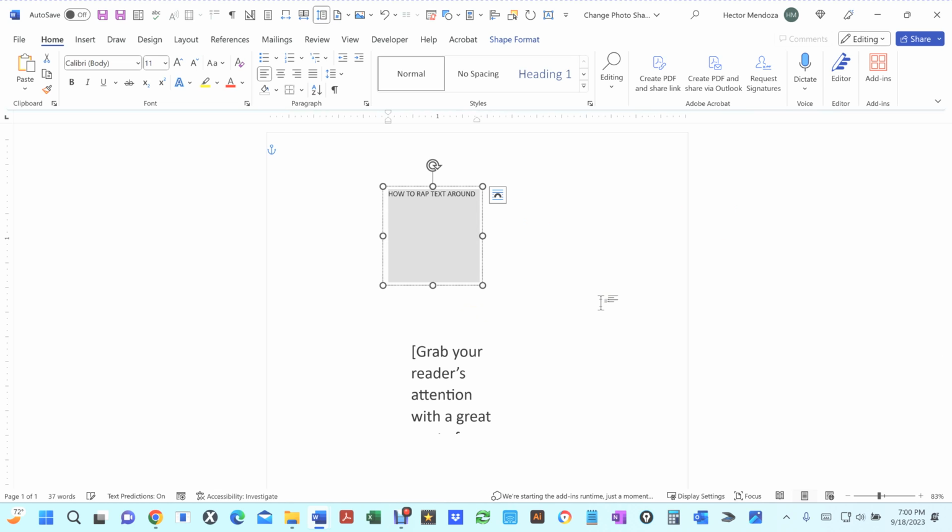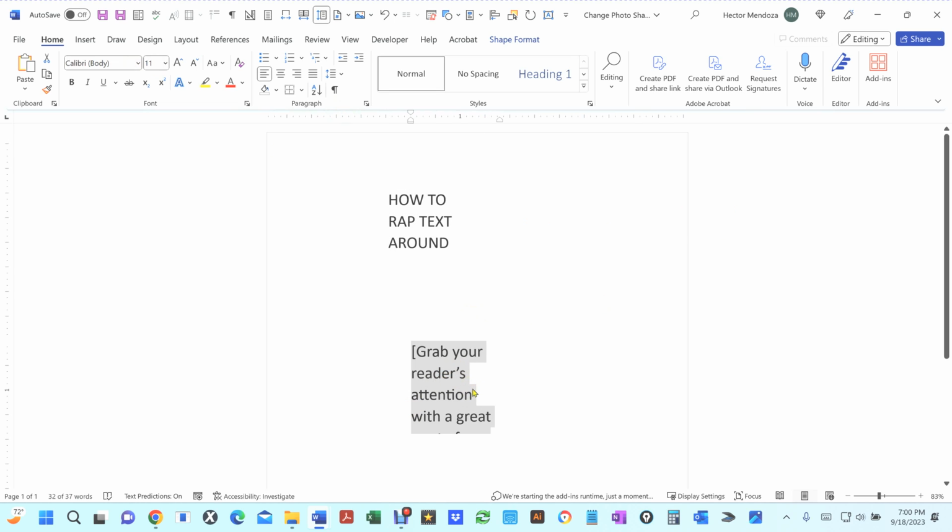Okay, so I'm going to select all the text. You see right now we're at 11. Let's change it to 24-point type. Okay, don't worry about what that looks like right there. We're going to do the same thing here, and we're going to hit Control A. We're going to change that to 24 type font, and so how to wrap text around